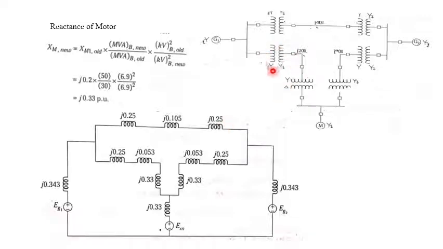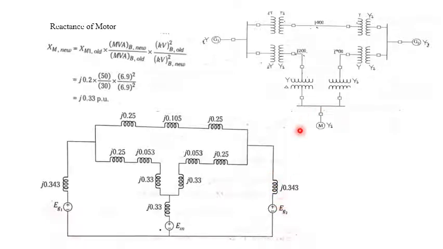Look at this point. So what is this? Here we have a transformer and the transmission line. This is a transformer and the transmission line. Again, this is a transformer. Then at this point, this is your transformer and the transmission line, and again the transformer. So how is this connected? This is connected in parallel to generator G2. For generator G2, we mention the reactance and source of EMF.